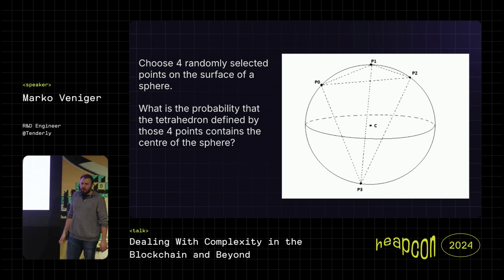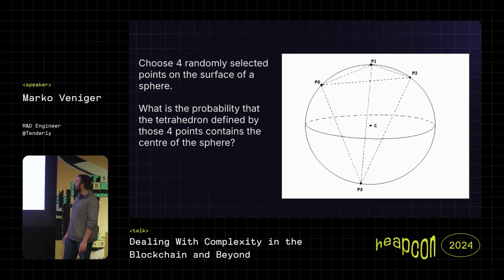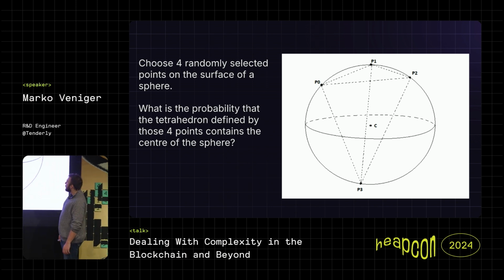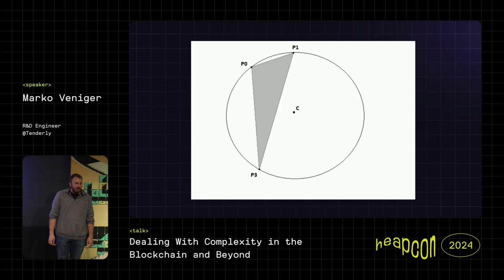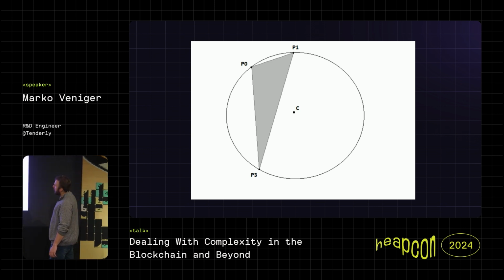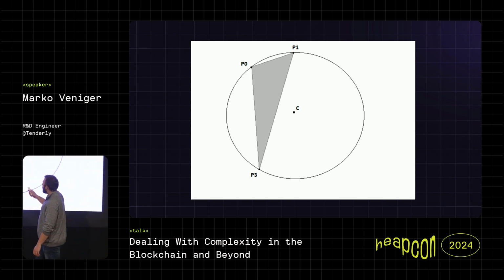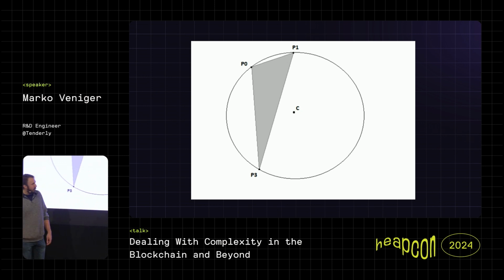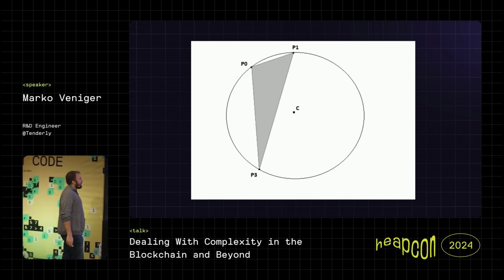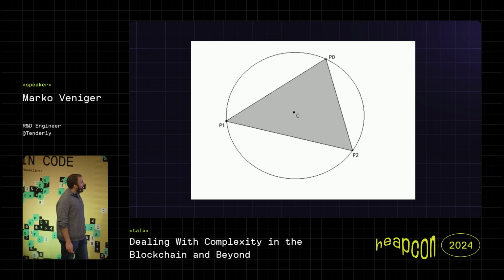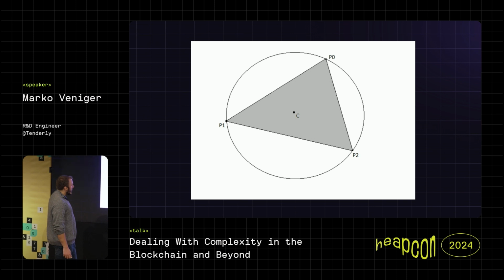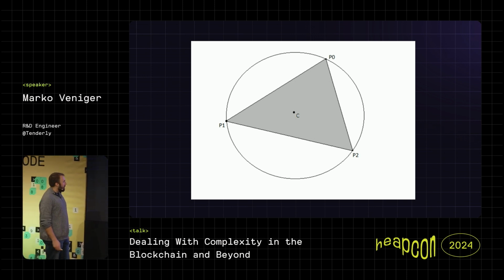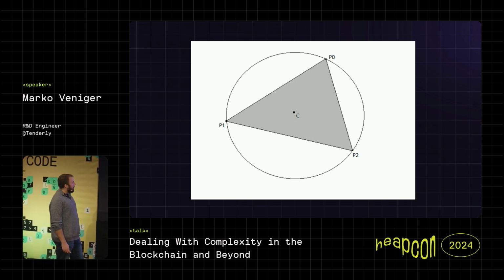So how can we solve it? Yeah, really hard. Without applying some of those methods, basically impossible. The first one would be to simplify. Can we solve this in the 2D case? The equivalent 2D case would be to choose 3 points in a circle. What's the probability that this triangle will contain the spot C? And we can think about it, try to see what are the different triangles that can be generated, maybe do some surface integrals, maybe do some probability densities, but it's too much big math words. So what do we do? We have to simplify, but more.